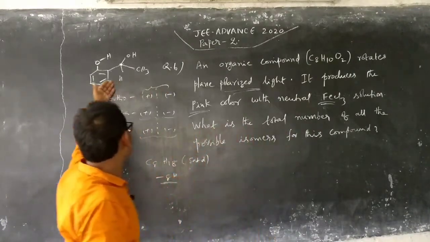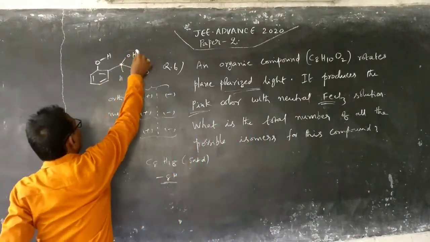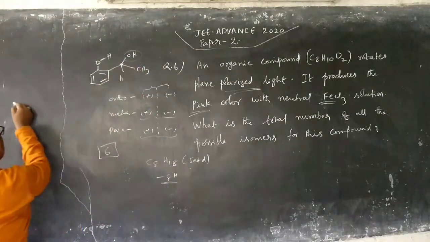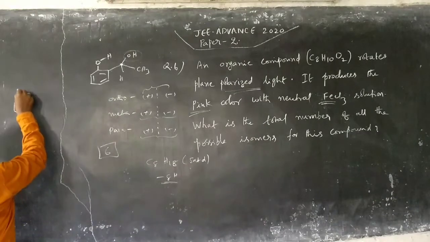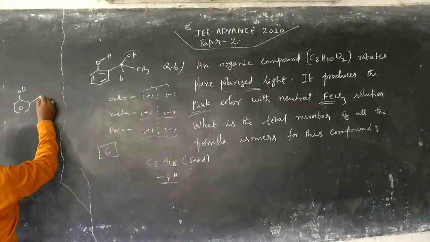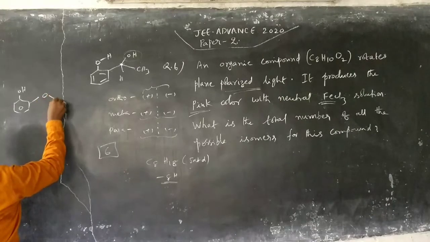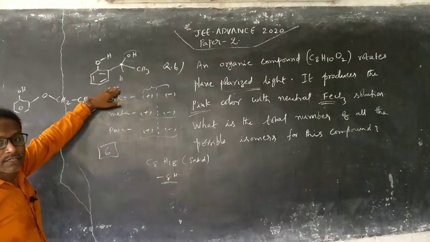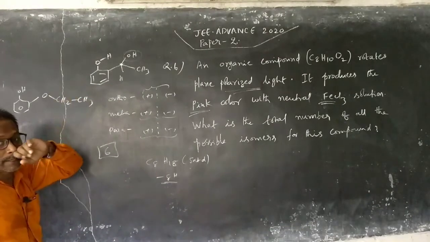If you go for one more structure, it is an alcohol. If you write, for example, ether for this. But if you want to write a structure by putting the condition of phenol, and let us write ether for this. That means for ether we just put, let me write like this, CH2CH. It is also an isomer for this. It is a structural isomer. Alcohol and ethers are structural isomers.